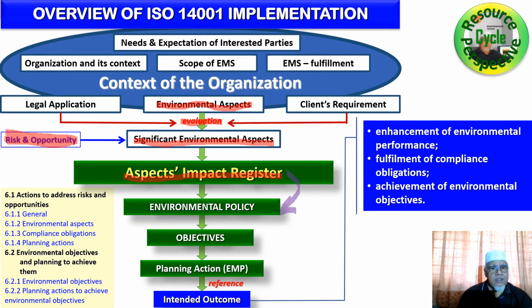Not policy first, it's going to be a mistake, okay? And from the register of environmental aspects as well, based on the help from what you identify from risks and opportunities, then you are able to establish the most appropriate environmental objectives for your company, and from there you are able to develop